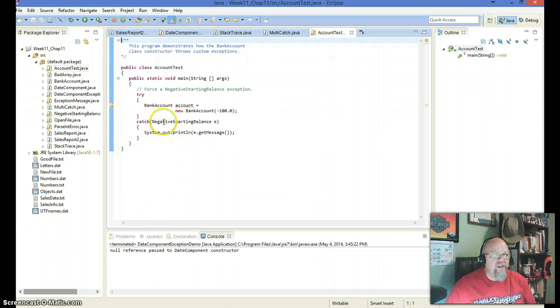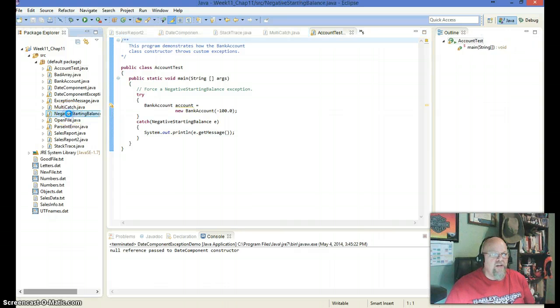Okay, what is this negative starting balance? Is that in one of the APIs? Probably not, since it has the words starting balance in there. There's probably not going to be that many starting balances that we're going to base some banking program on. So if we look, we see that we do have a class called negative starting balance. So if we take a look at that,